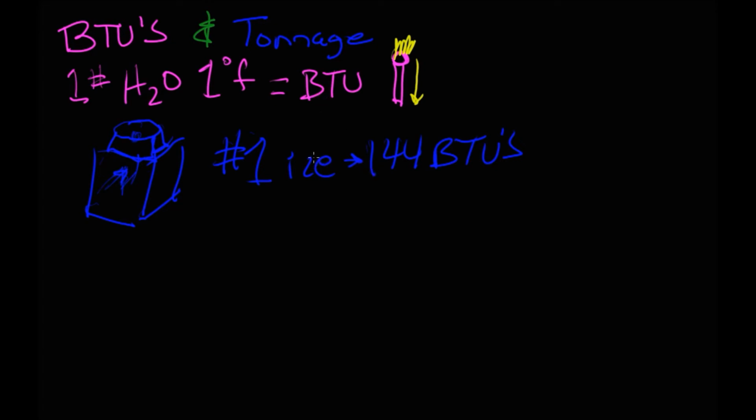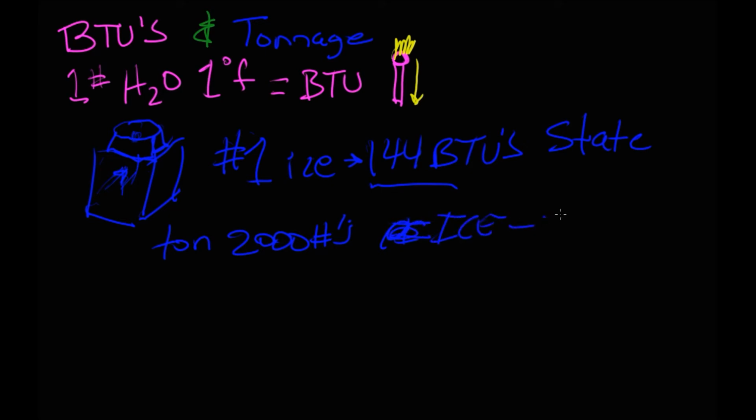But as it changes state, from a solid to a liquid, in this case ice, it will absorb 144 BTUs. So they did the math. They said, if we took 1 ton of ice, or 2,000 pounds of ice, and melted it over 24 hours, how much energy would it absorb? If you do the math, it's 2,000 pounds times 144 BTUs per pound, and we come up with